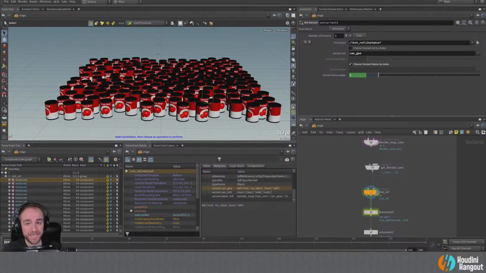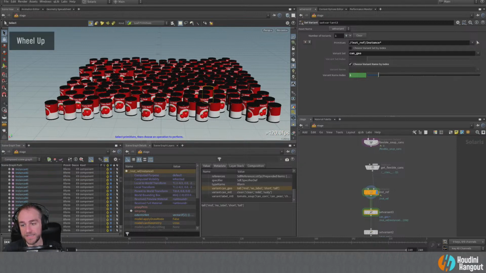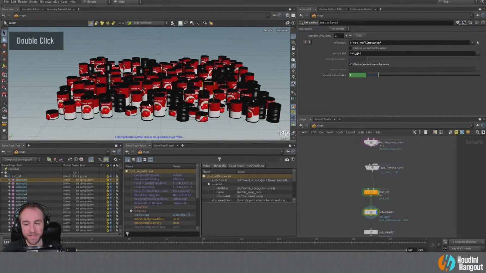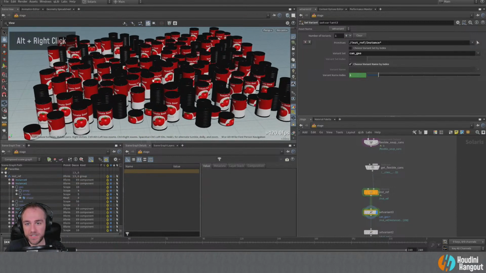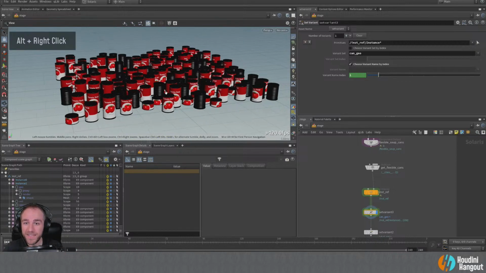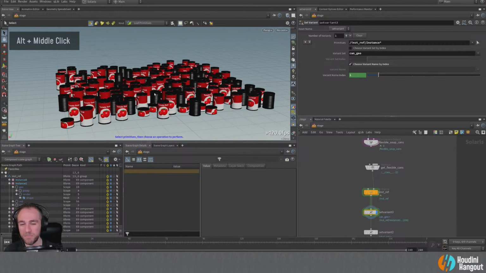So this is going to randomize for each of these instances in this instanceable reference primitive. When we come down here, that's now going to change all of our geometry. Some of these are going to be tall, some are going to be mid, some are going to be short, and some are going to have no label on them, right? Already I think that's pretty cool. We can do some really interesting things with literally one node and setting up some variants on them. You can imagine this would work with trees, with buildings, with all sorts of different things that would be in your layout world, right?